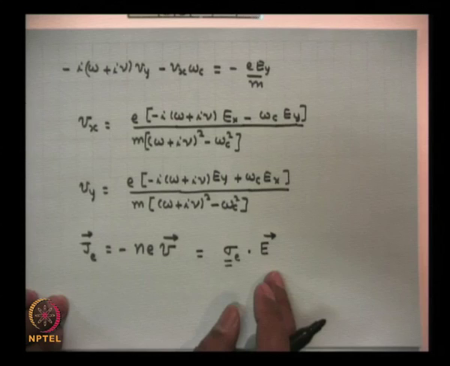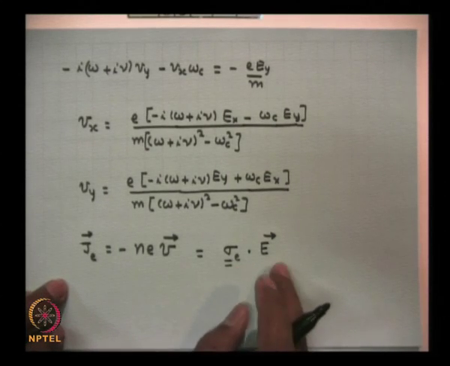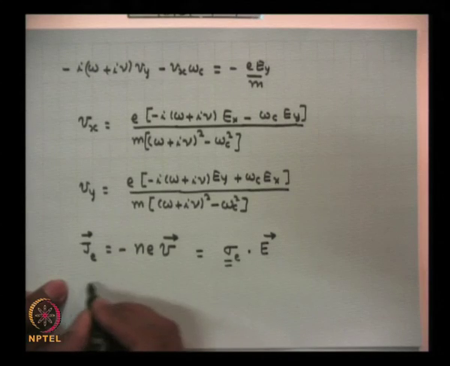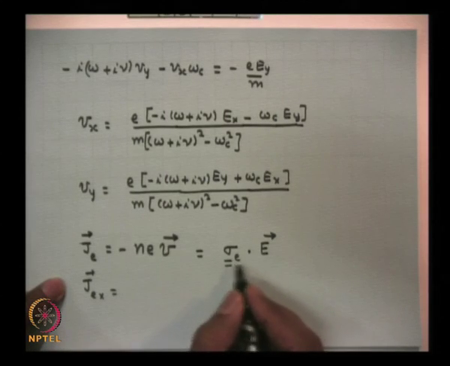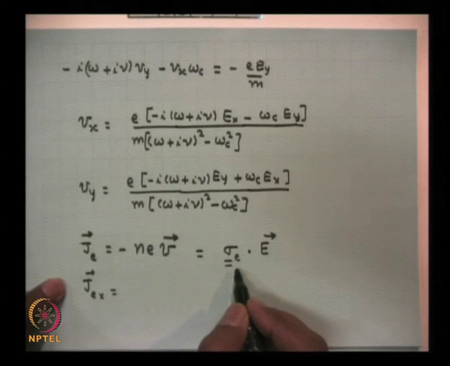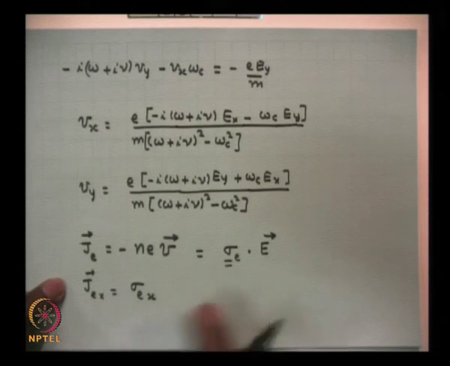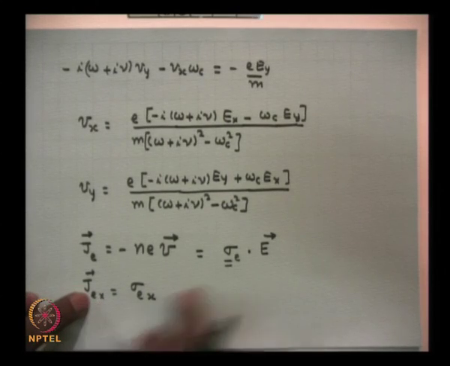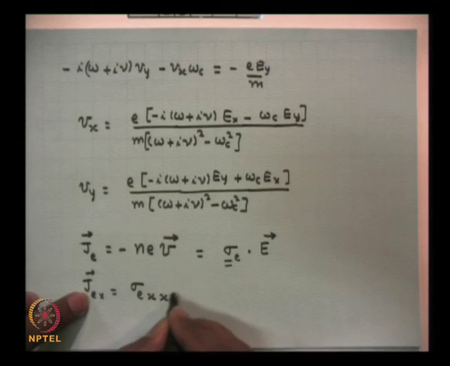It's a symbolic representation. Sigma is a tensor called the conductivity tensor, and this implies that if I have to write down Je, the electron current density, x component, then I must write down the x component here. Now this tensor has two indices, sigma E, so the first index is the same as that of J, and the other is running. Like this, Jx is sigma Exx Ex